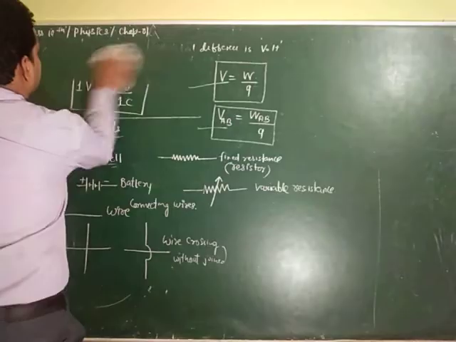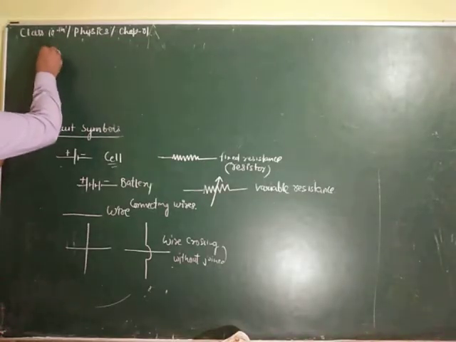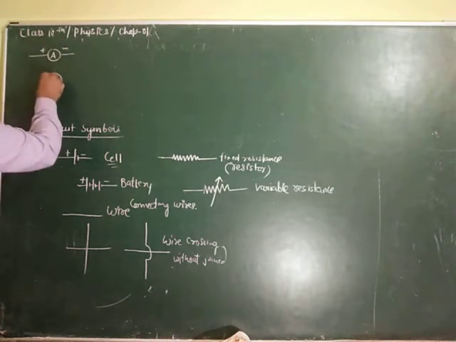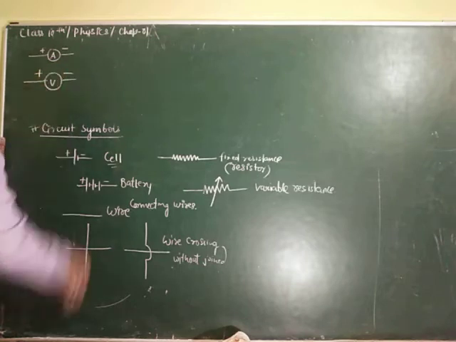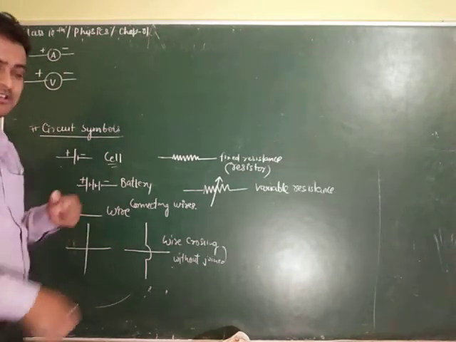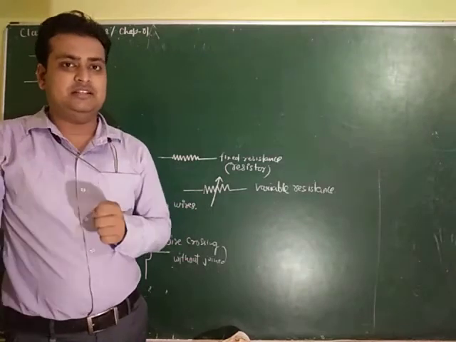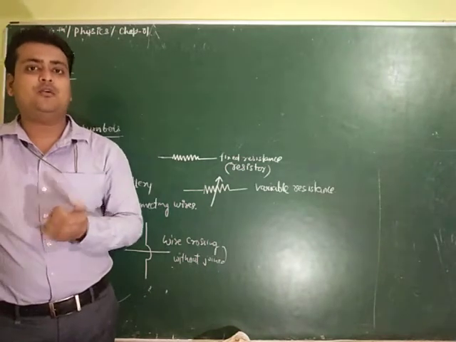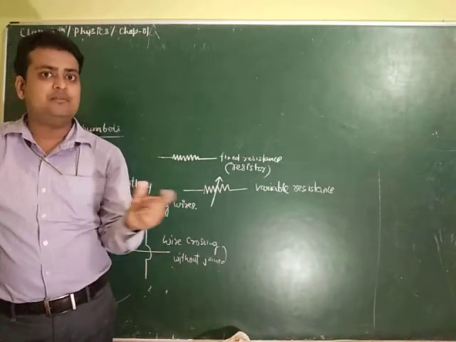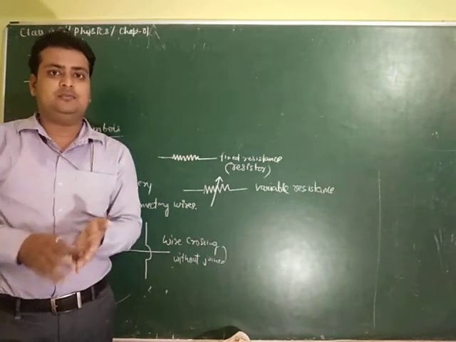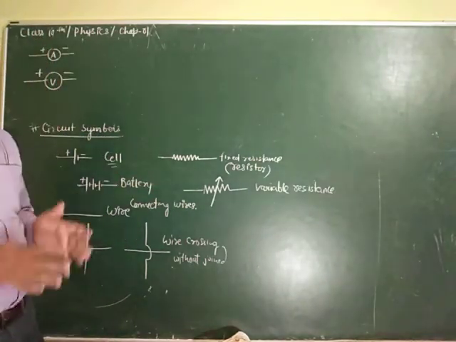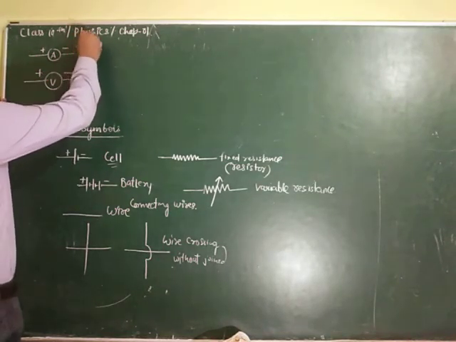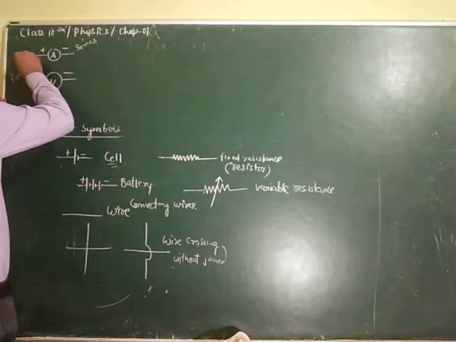Ammeter, I have already discussed, plus minus. Voltmeter, plus minus. Now an important question I remember just here. Ammeter is connected in series. In the previous class we studied that an ammeter is always connected in series, but how is a voltmeter connected? In this class I will discuss through a circuit diagram how an ammeter and voltmeter are exactly connected. But for your knowledge, an ammeter is always connected in series and a voltmeter is always connected in parallel. Keep that in mind.